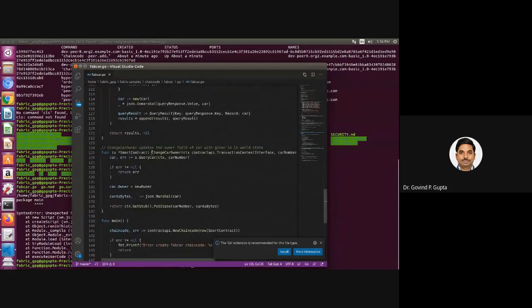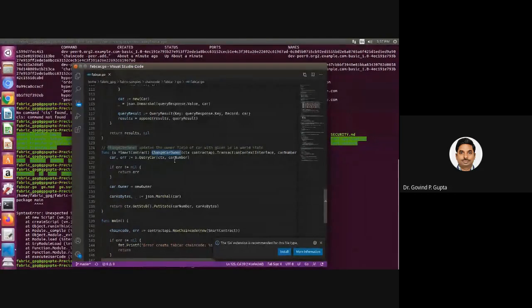Similarly, suppose you want to change the ownership of a car. In the transaction, you are going to modify the ownership of a car, so with the help of a smart contract, you do the transaction. This function explores the world state and returns who is the owner. If they are going to change it, then it asks for consensus. If consensus is met, then the new owner is added into the block. However, the old owner is maintained within the ledger, within the blockchain.